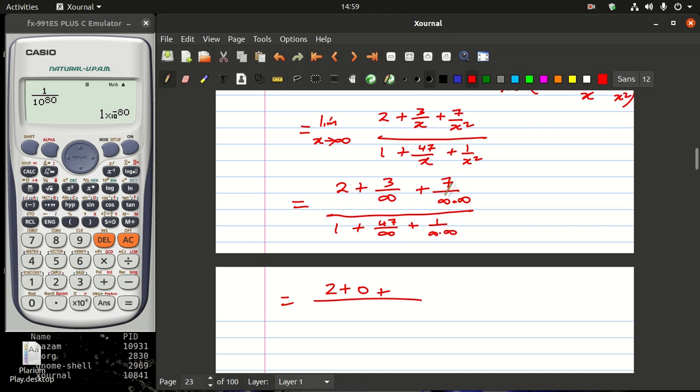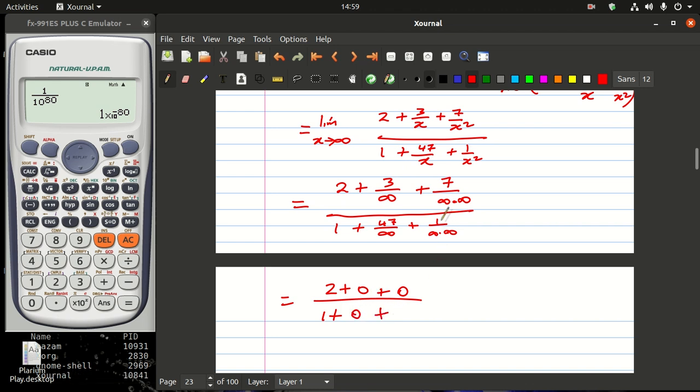And then when you're dividing 7 by the biggest number, you're always gonna get a 0. And then the same is going to happen here, because 47 is insignificant compared to infinity. So once I'm dividing this by infinity, I'm always gonna get a number that is close to 0. So I can just round it off to